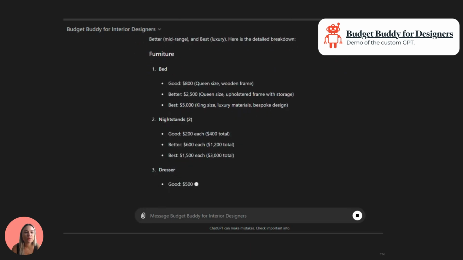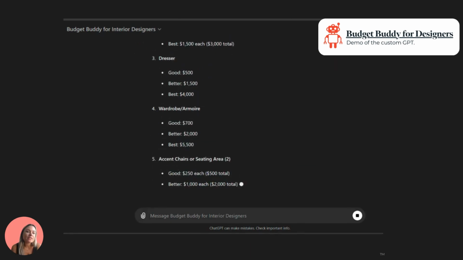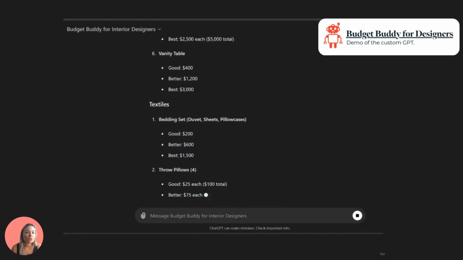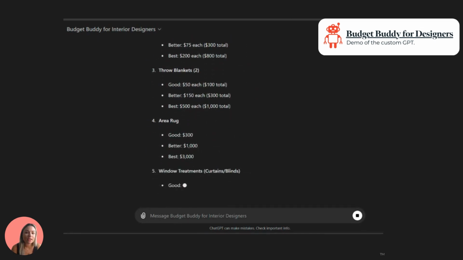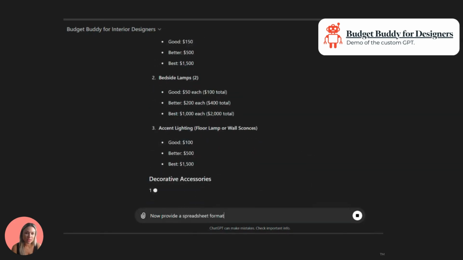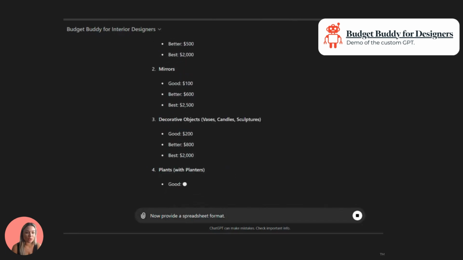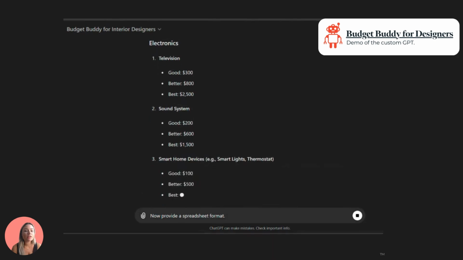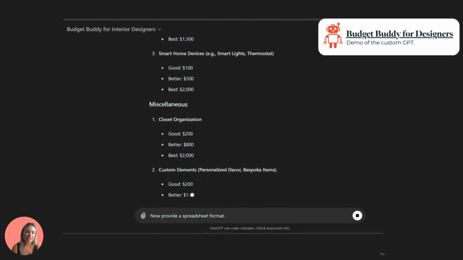And what it's doing right now is basically giving me a good, better, best budget breakdown when I told it that I'm designing a bedroom and here is the overall budget. So I trained this specific GPT to take into consideration every room in the home and then give me a detailed list of everything that we need to consider when we are designing this space.